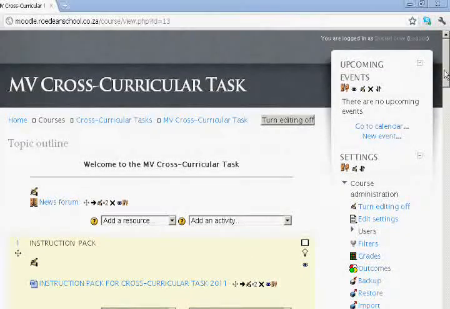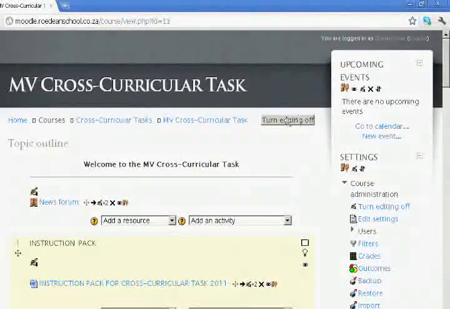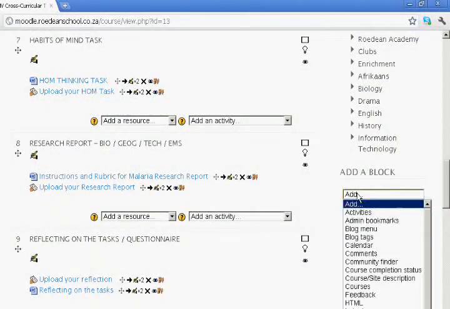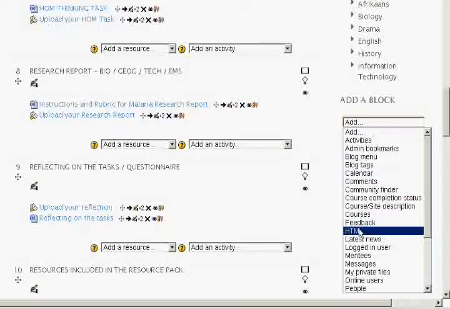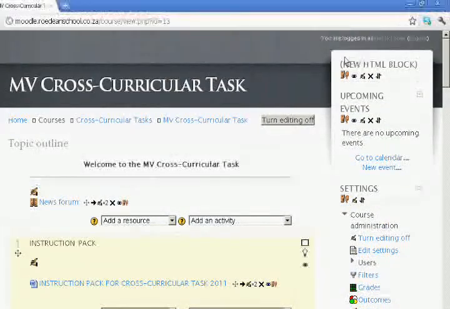So I've accessed my Moodle page. I'm just going to scroll down, and where it says Add a Block, first of all, of course, I've turned editing on, gone down to where it says Add a Block, add an HTML block. Now that should appear right at the top as a new HTML block. I then click on the editing symbol,